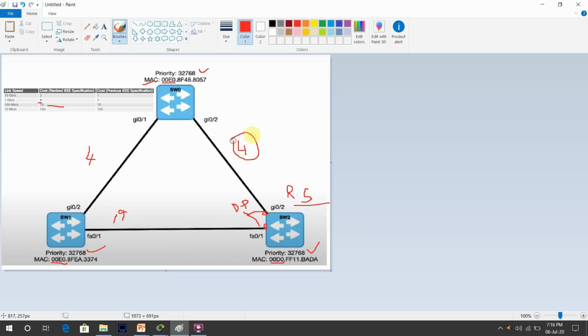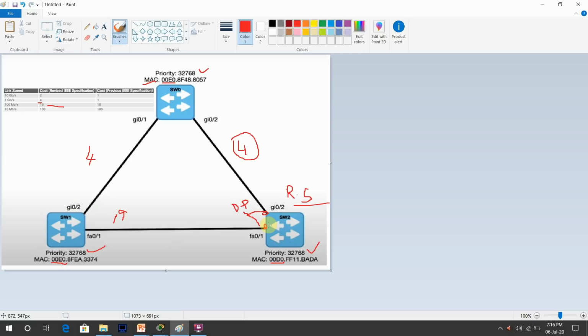If it goes the other way, the cost is 4 plus 19, which becomes 23, going through switch 1 to switch 0 to the root switch, switch 2.